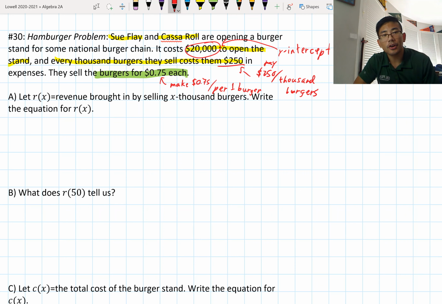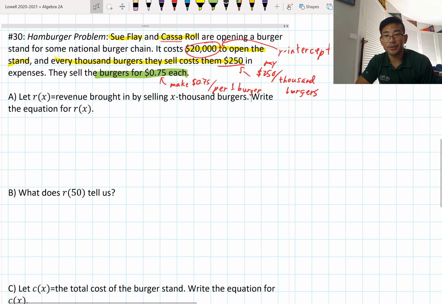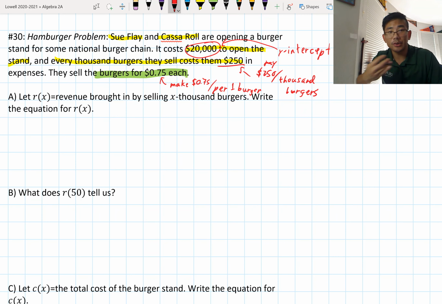So we're going to call R of X, and again, the reason we're using R of X is because we're going to use another function to model something else. R of X is the revenue brought in by selling X thousand burgers. And so we want to write an equation for R of X. And this is really important though. We can't actually write this equation if we don't know what X represents. So we know what R is, that's the revenue. But we need to figure out what X is, and that's what X tells us. So right here, I'm going to say X equals the number of burgers sold